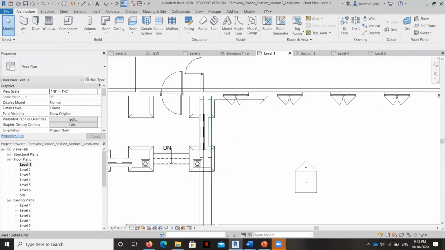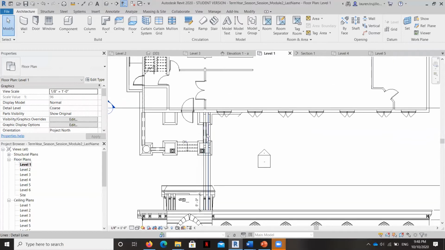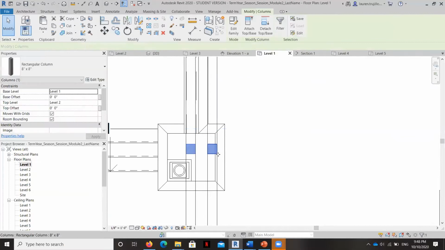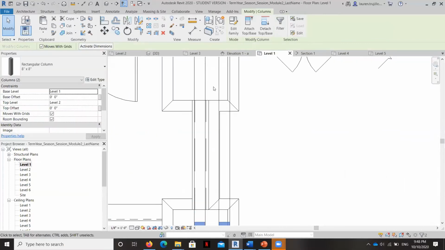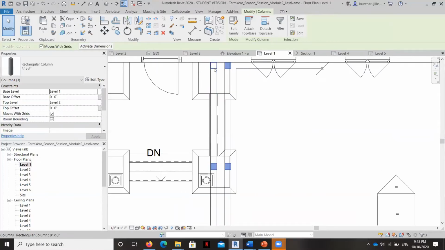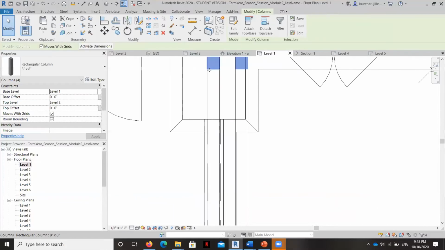Okay, so now let's take a look at these and see where they're located. We might have to adjust their levels a bit. I'm holding down the Control button to grab them all at the same time. Okay, and where do they start? They're starting at level 1, so we need to bring them up to level 5.